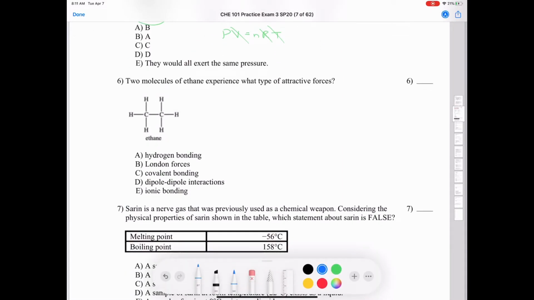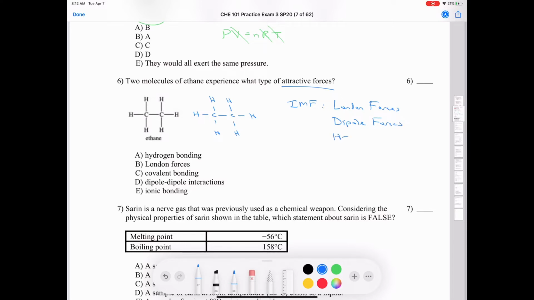Number 6, 2 molecules of ethane experience what type of attractive forces? So if I was to have another molecule of ethane next door to this one, a neighboring molecule of ethane, how would they be attracted to each other? What attractive forces would they feel? So you might remember that we've looked at 3 types of intermolecular forces. The intermolecular forces that we're concerned with are London forces, dipole forces,